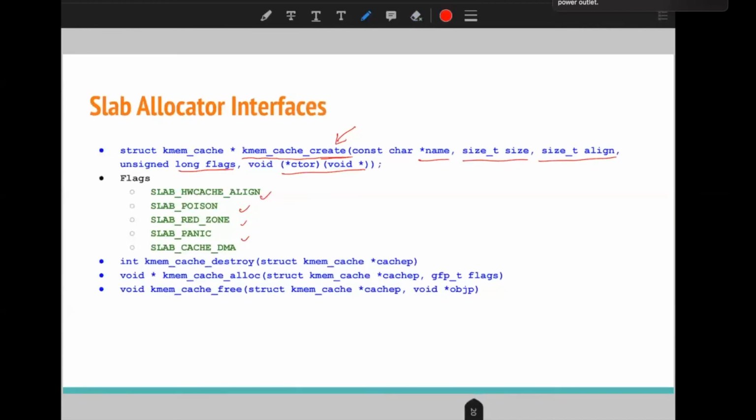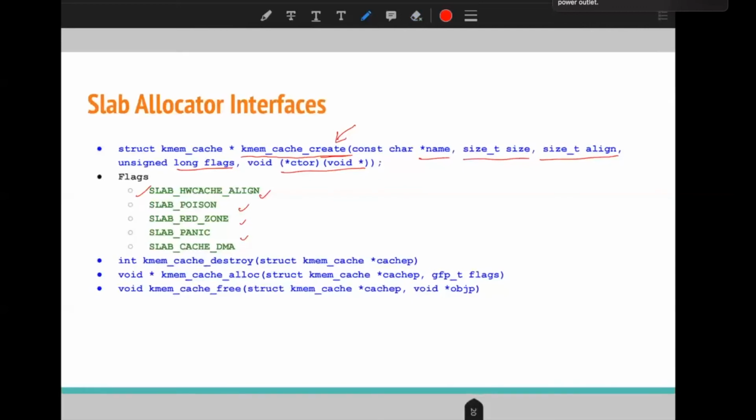Here we have different flag options. The first, SLAB_HWCACHE_ALIGN, will try to align each allocation to a specific cache line.